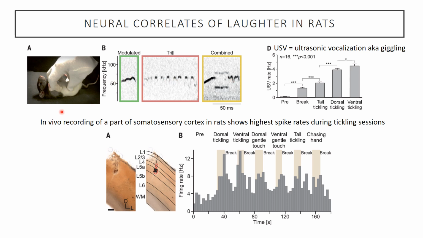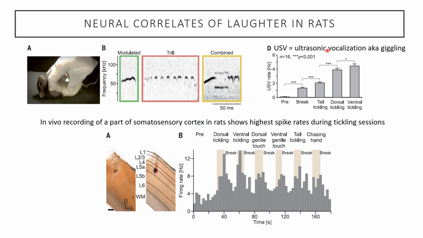But what we do know is that when you're in a laboratory setting, or even with a pet rat, if you start to tickle it and play with it, rats are actually really social animals and they love it. They will chase you around and they'll want to be tickled. So you move your hand away from the rat, and you may have tickled a little bit. It thinks that it's now time to get tickled. You move your hand away, the rat will come up to your hand and want to be tickled. And it'll start making these noises that sound like giggles.